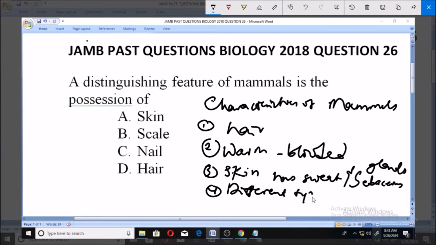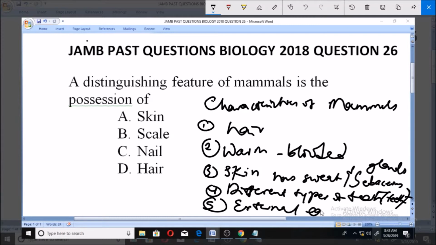The dentition is very, very important. Possession of different types of teeth, each carrying out a specific function. Then finally, mammals possess external ears called pinna. So these are all features of mammals, but which of them do they have that